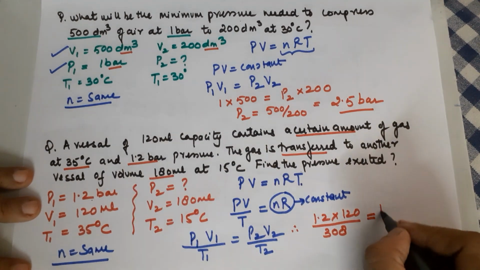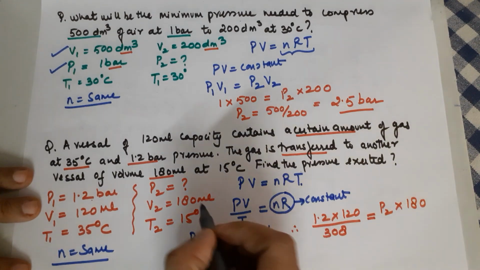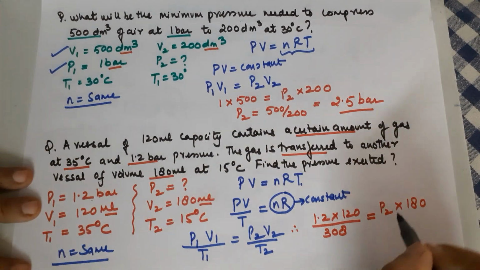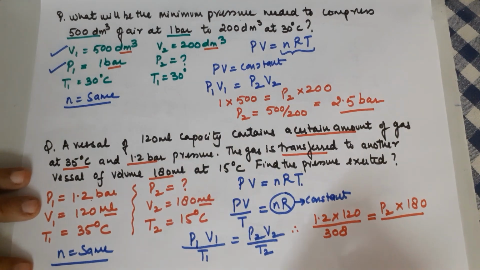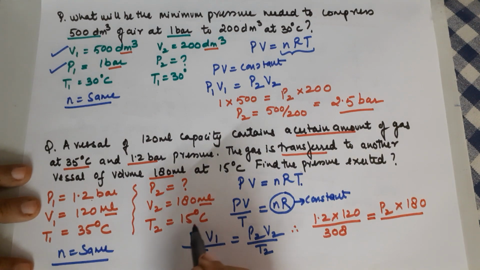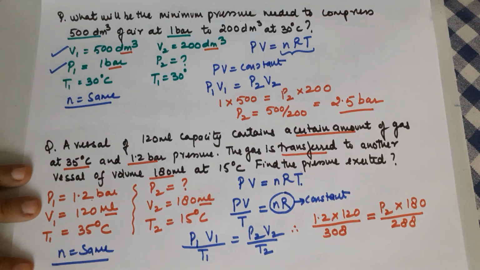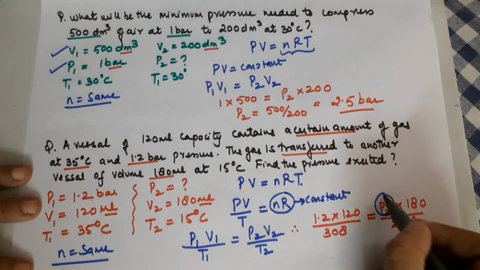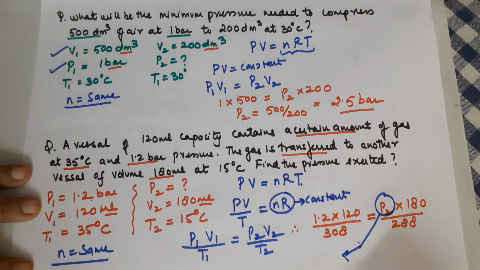Pressure 2 you have to find out. Volume 2 is 180 ml. Please check that the volume units should be same on both. Upon temperature is 15 degrees C. As always said, no numericals in chemistry are solved with temperature in degrees C. Change this also into Kelvin, add 273 to it, you end up in 288. If you solve this, you will find the value of P2 and it would come out to be, I am giving you the value, solutions and the calculations can be handled with you.